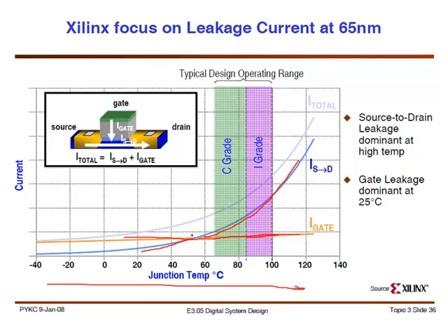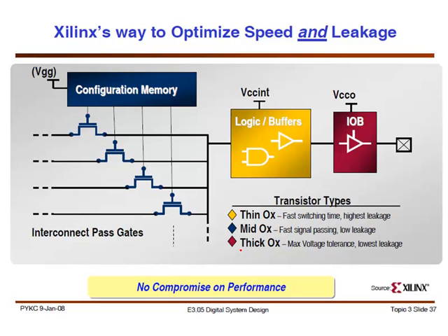A lot of times your FPGA is not doing heavy lifting computing, so its temperature might not be high. And C grade means commercial grade, I grade means industrial grade. So these are the temperatures that you would expect industrial designs to be at. And essentially, Xilinx said, let's focus on the gate leakage and try to minimize it so that I can get rid of a lot of this curve and improve things. And they did that by